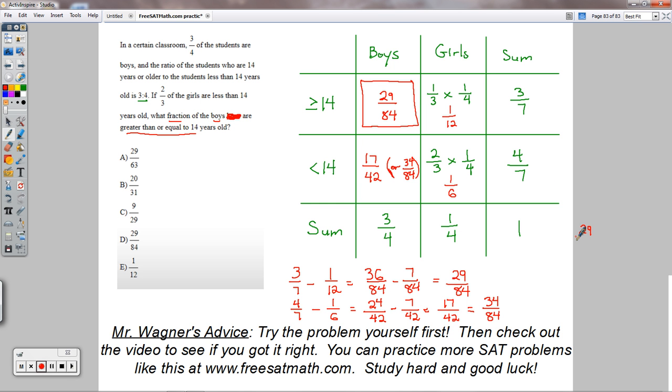So 29 over 84 plus 34 over 84 would equal 63 over 84, which reduced, you could divide by 21 top and bottom, and you'd get 3 over 4, which is exactly what I see right there. That just allowed me to check and feel really confident about my answer up here, because this plus this does actually equal the value I had down there for the sum of the boys. So my final answer, I feel very confident about it now, is choice